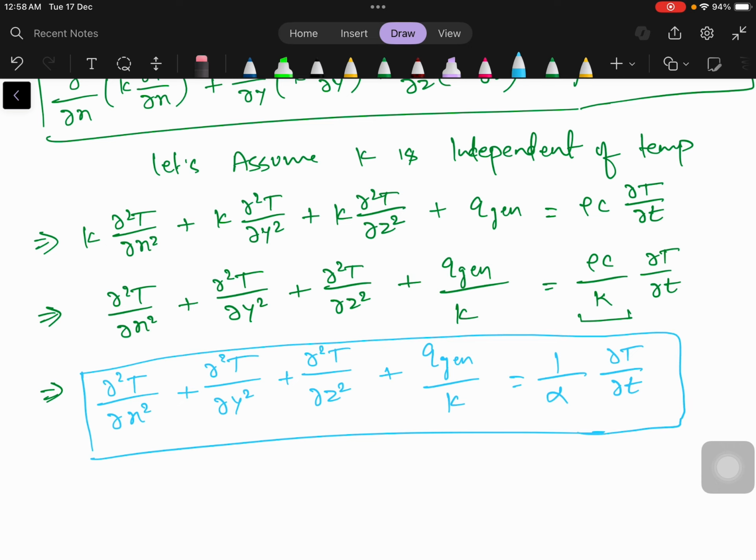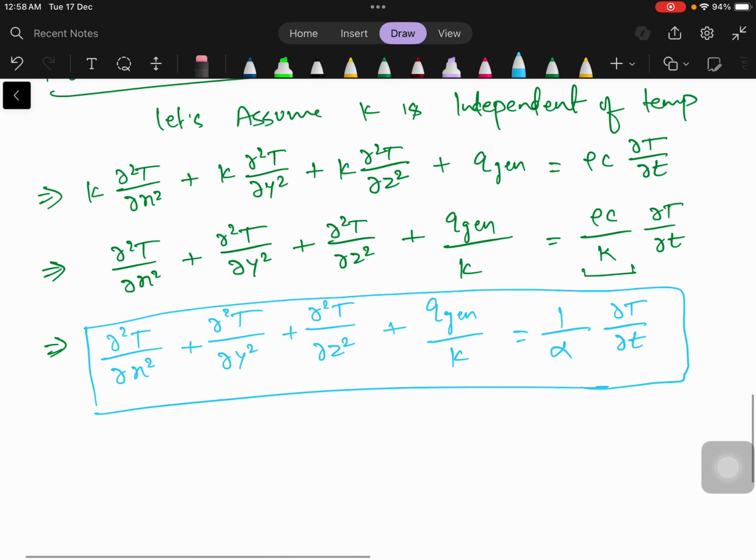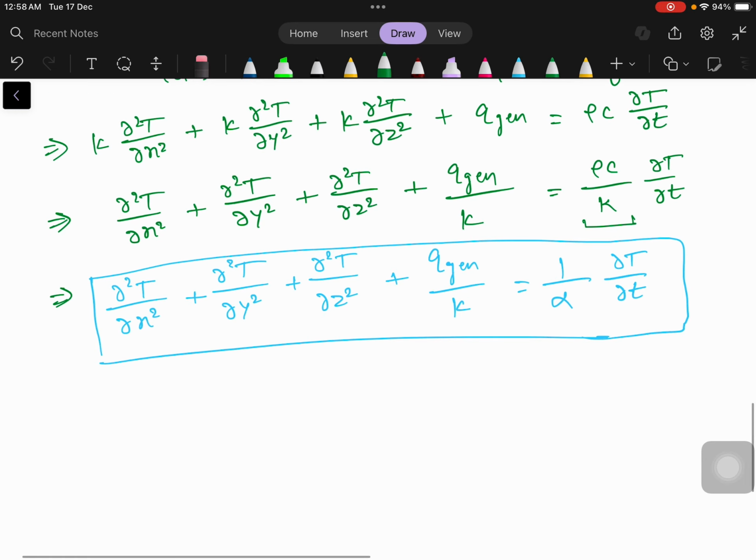This is the base of conduction. Everything will come out from it. We have made till now 3 assumptions. First one, material is homogeneous. Second one, material is